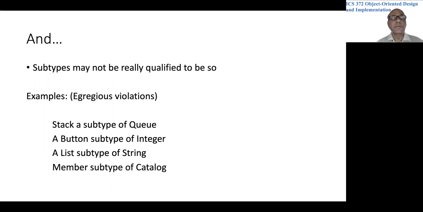Sometimes you never think about certain types of subclassing. For example, you don't want to have stack a subtype of queue. You don't want to say stack extends queue, or button extends integer, list extends string, member extends catalog. They make absolutely no sense. They're egregious violations. But sometimes you are tempted to